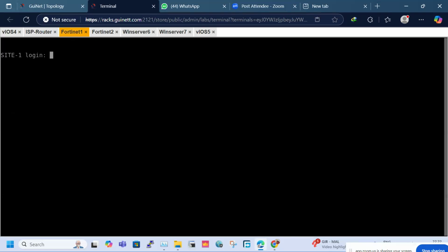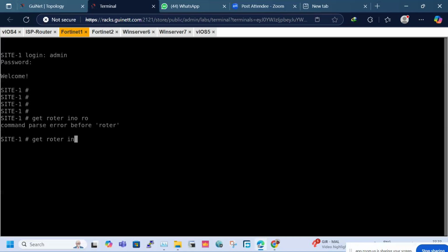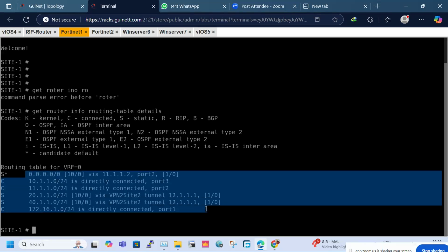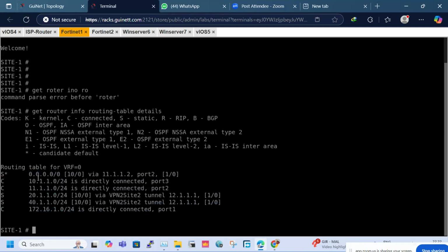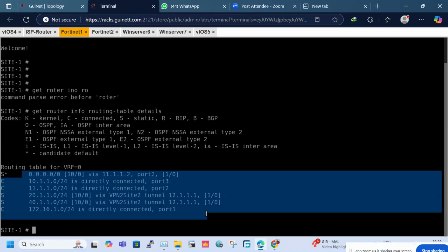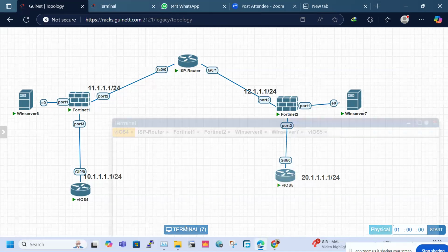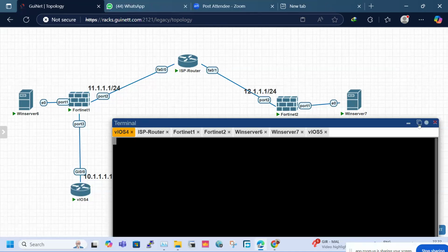The route table in the Fortinet gateway. See guys, my Fortinet firewall doesn't know about the 30s network, right? 30s network is behind this firewall, the Site-1 firewall. And my Site-1 firewall doesn't know about the 40s network, right? So what I will have to do, I will have to give one static route also,